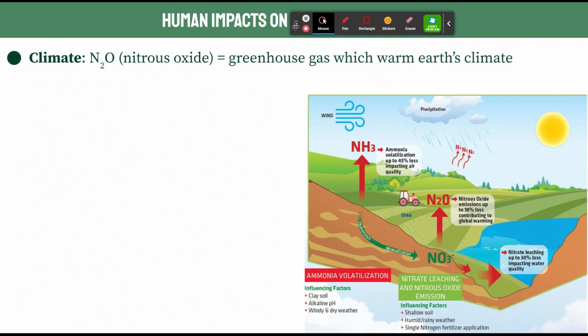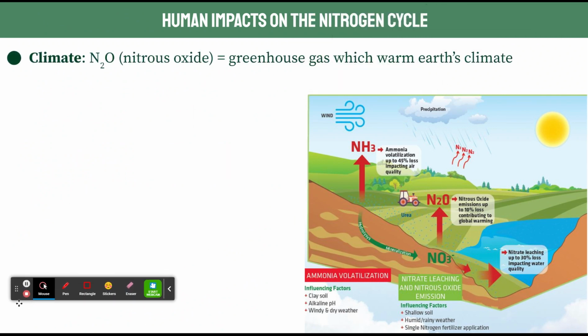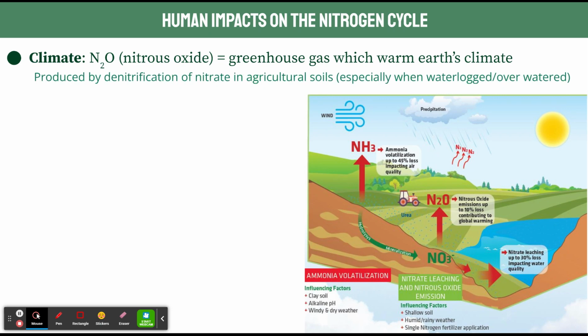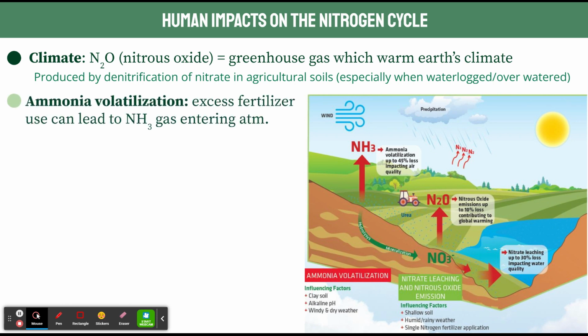So how do humans impact the nitrogen cycle? Nitrous oxide is a greenhouse gas, which warms Earth's climate. We should know this from our last unit. It's normally produced by the denitrification of nitrates in agricultural soils. However, because we're putting in so much excess fertilizer, we now have an overwhelming majority of excess nitrogen in soils